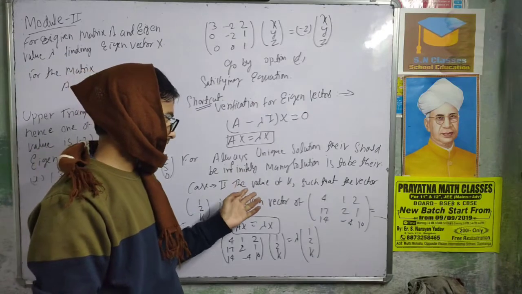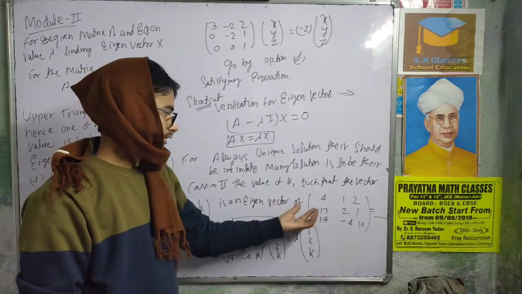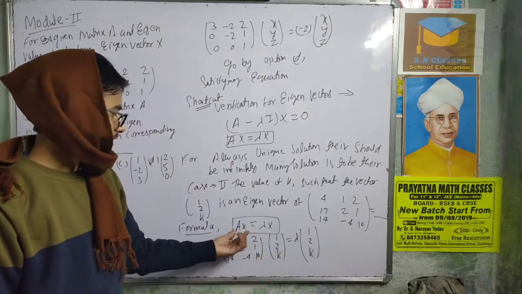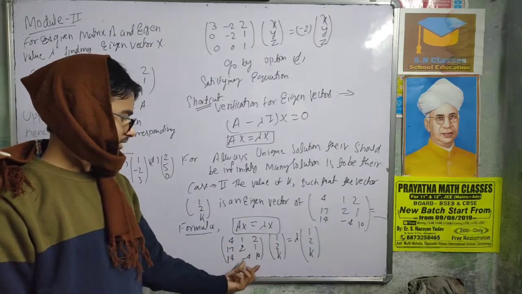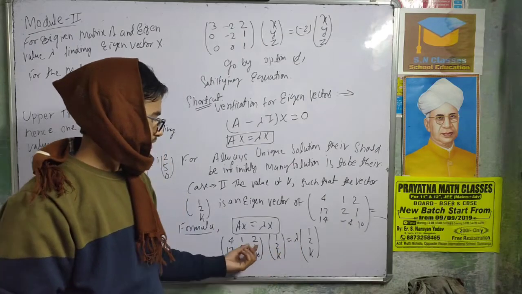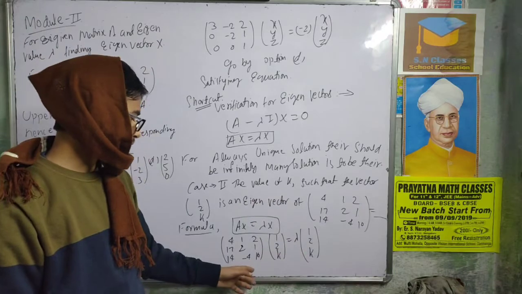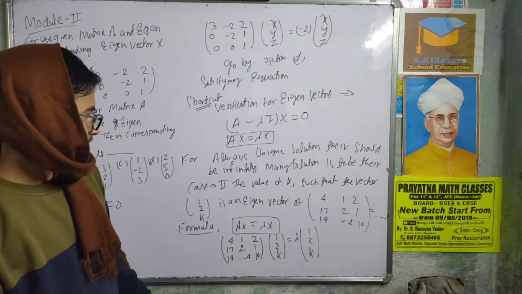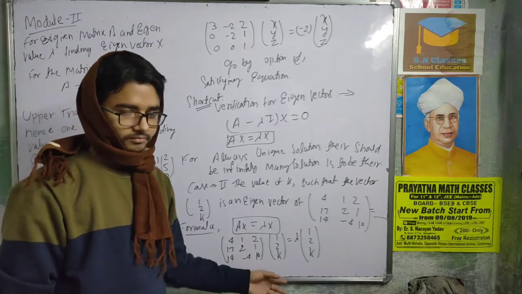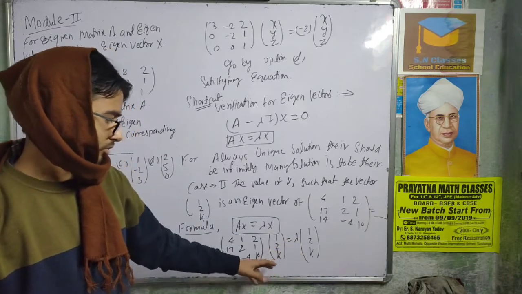Case number 2: the value of k such that the given vector is an eigenvector. The matrix is given, and they are asking what is the eigenvector for this matrix. So A x equals lambda x, where A is given and the vector is given. What is the value of k? You just put this value in, and we don't know k, right? We just need to find k. But we should know the lambda value. We will read further on how to find the lambda value and the k value from both equations.